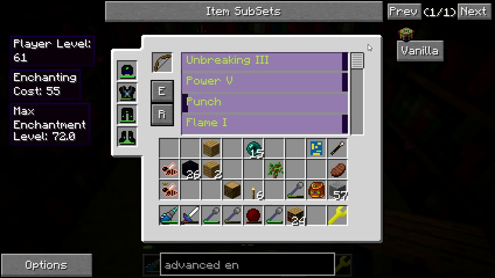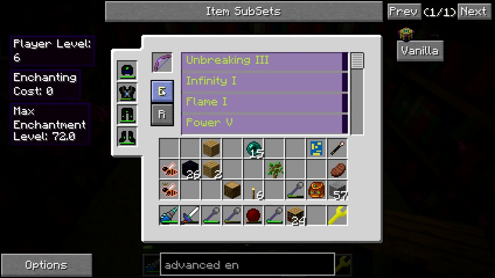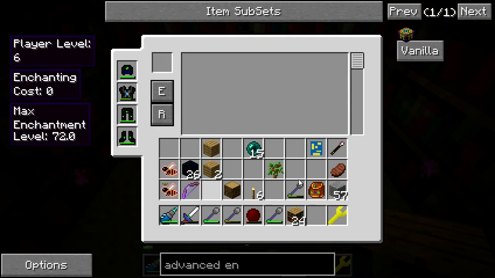But this is it. Right there. Unbreaking, Power 5, Flame, Infinity. There is the ultimate bow. Let's go ahead and hit E, and that will probably enchant the thing. Bingo. There is my super bow,